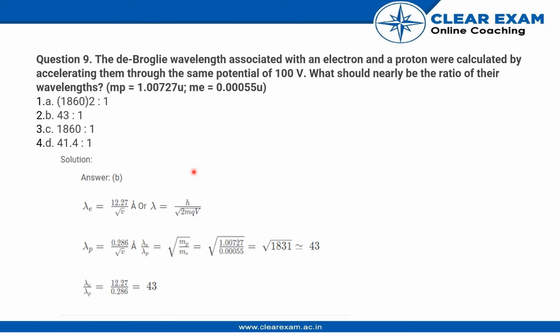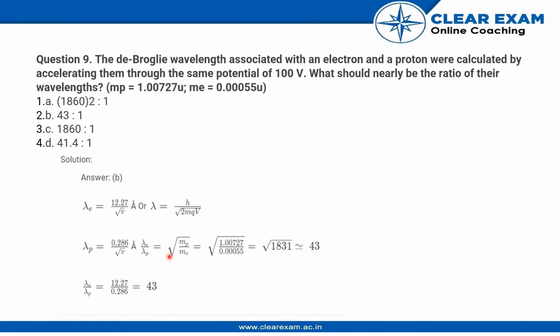So for an electron we have lambda e equal to 12.27 upon root V Angstrom. 12.27 is a constant which we find out, and this is the formula for the wavelength of an electron. Then we have the wavelength of a proton equal to h upon under root of 2mqV. Now when we take the ratio of these two, we have lambda of electron upon lambda of